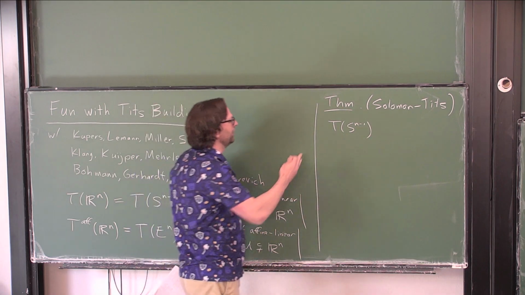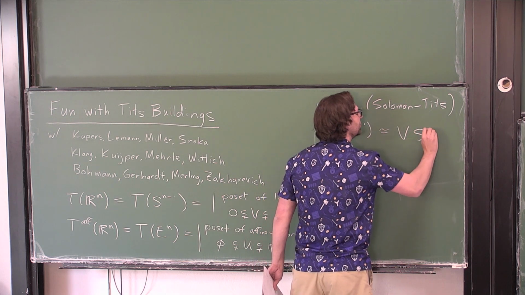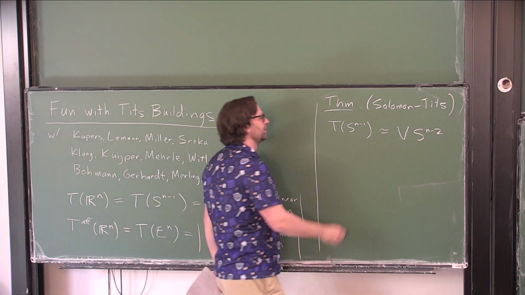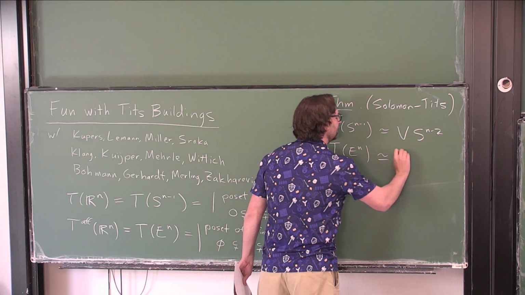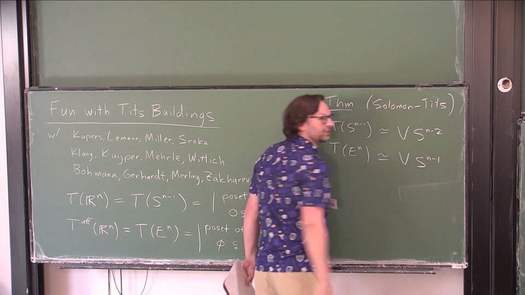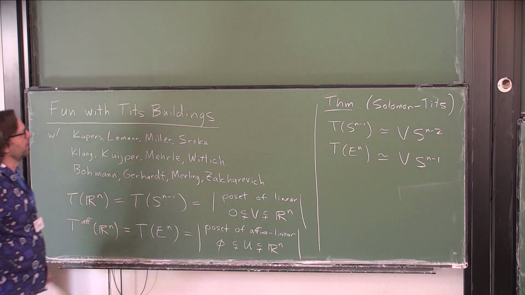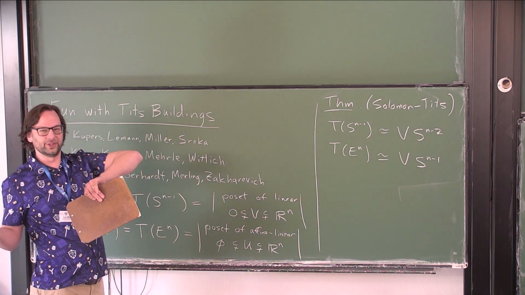So, right, the theorem is that this complex is homotopy equivalent to a wedge of spheres, and the dimension of the spheres is 1 less than the dimension of the geometry. So similarly, there's an affine version. This thing is homotopy equivalent to a wedge of n minus 1 spheres. Okay, cool, right? Although this theorem in and of itself isn't quite as useful as you would hope,